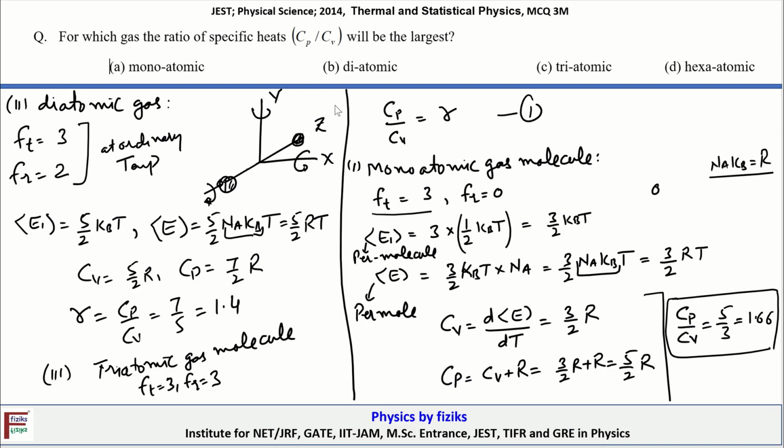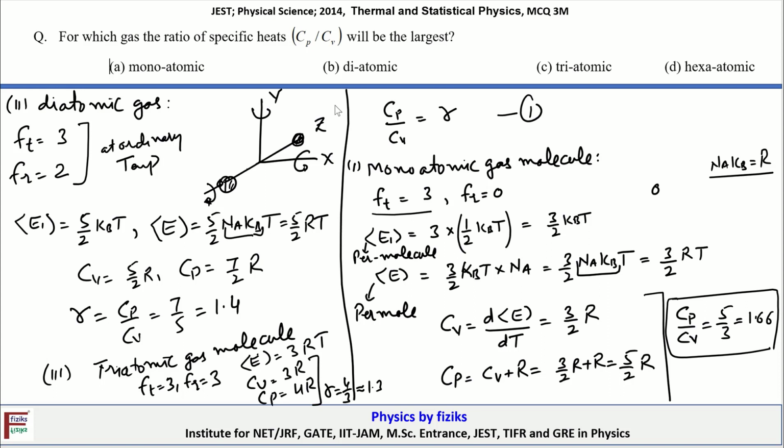So in total we will have 6 degrees of freedom at ordinary temperature. This will give us the average energy per mole of 6/2, that is 3RT basically. So Cv is equal to 3R and Cp is equal to 4R. This gives us a gamma value of 4/3,